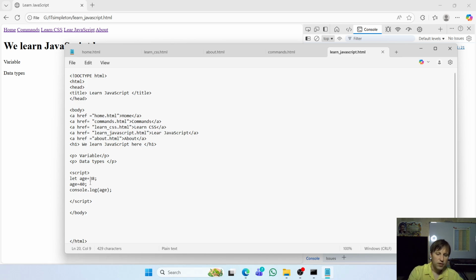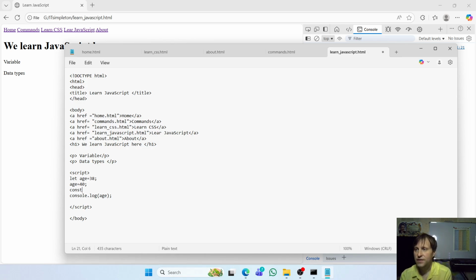There is one more type of variables, it's const. If we can change let variables, yeah, if we assign to them one value, then later we can change this value as many times as we wish. But const, for example,